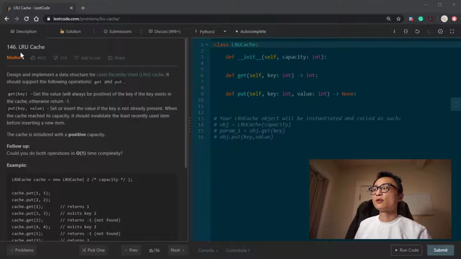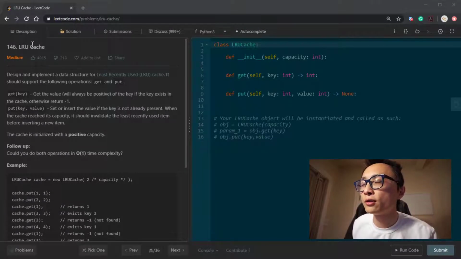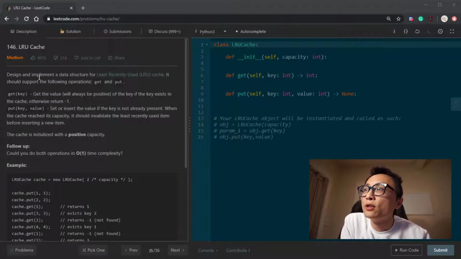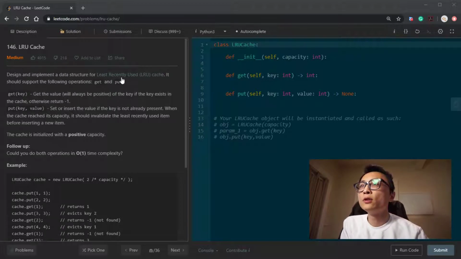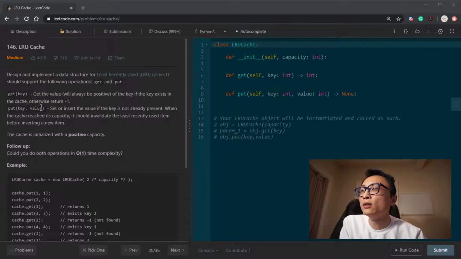Okay, so today's question is 146, LRU Cache. The question asks us to design and implement a data structure for a least recently used cache. So it's a cache for key value pairs, and it will support two operations, put and get. The get key just returns the value associated with the key, and if the key is not in the cache, we return -1. The put key value